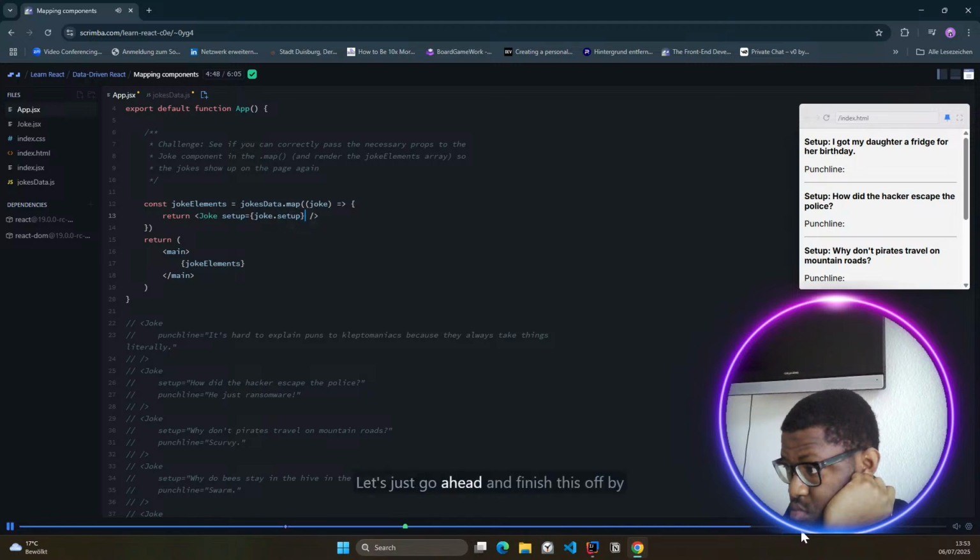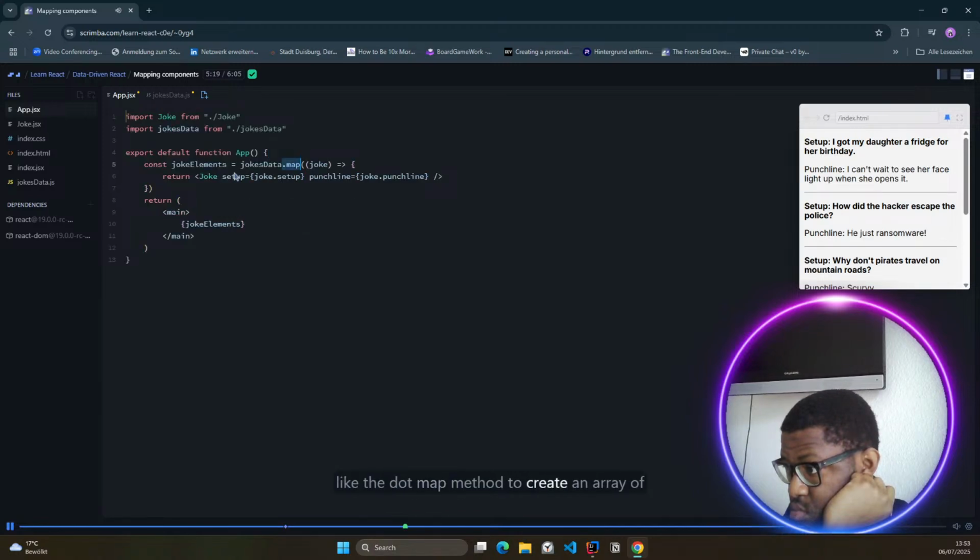Okay, let's just go ahead and see just how much simpler our code now is. That method to create an array of joke components and pass that data in. Keep in mind,